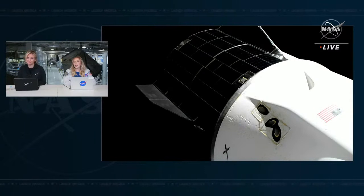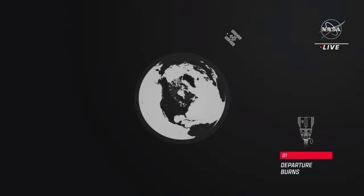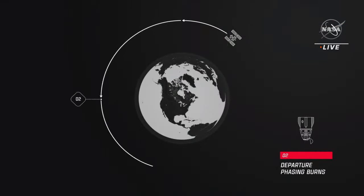And just like during its approach to the International Space Station, Dragon's departure and deorbit is designed to be fully autonomous, requiring no action from the crew on board, which is even easier this time around since the crew won't have to stop at any waypoints like when we see a vehicle arrive. Now, once the undocking sequence is complete, Dragon will use its Draco engines to thrust away from the station in a series of carefully choreographed maneuvers, or 4 departure